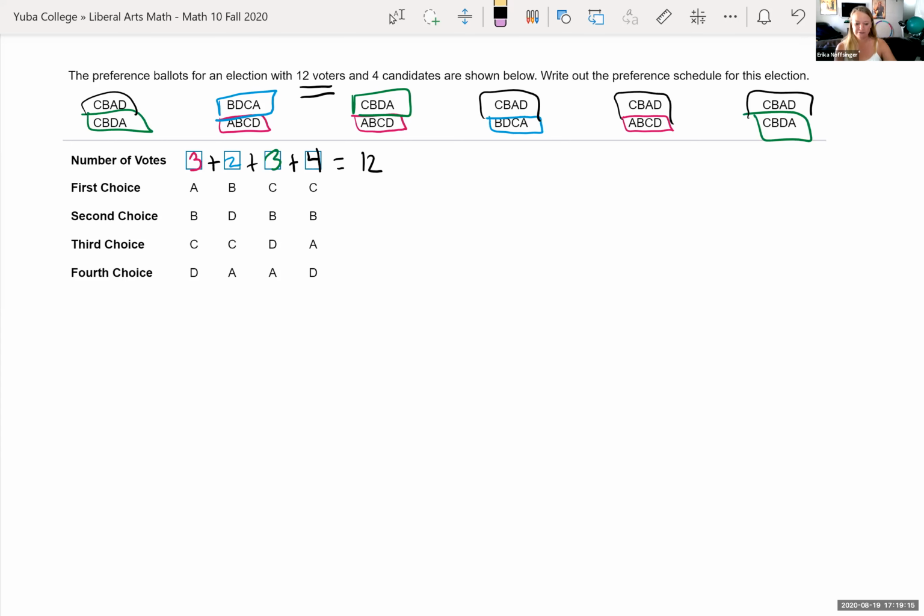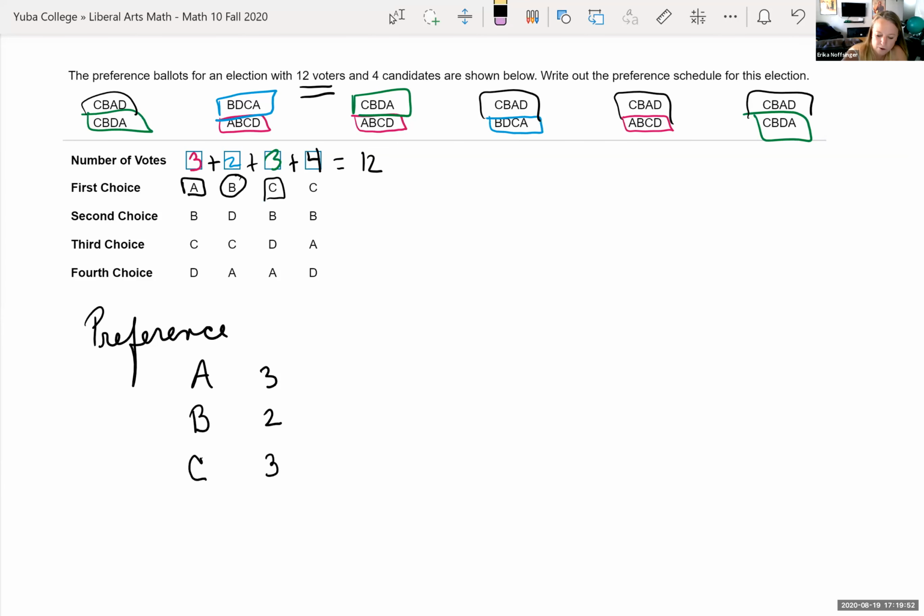If we want to just look at the preference, let's go through and look at first preference for candidate A. If you look at candidate A, their first choice, there were 3 of them. They only got 3 for first choice. And now let's look at candidate B. So if I look at candidate B, they only had 2 votes for first choice. And then if I look at candidate C, well, they got 3 votes here in that order, plus they got the 4 votes here in this order. And so they had a total of 7 votes. And D, well, no one chose D as first choice, and so they have 0. And so if we're looking at this as who got the most number of votes, you're right, it would be C. So we would say C is the winner